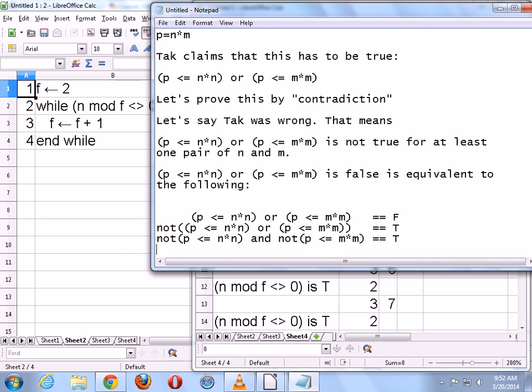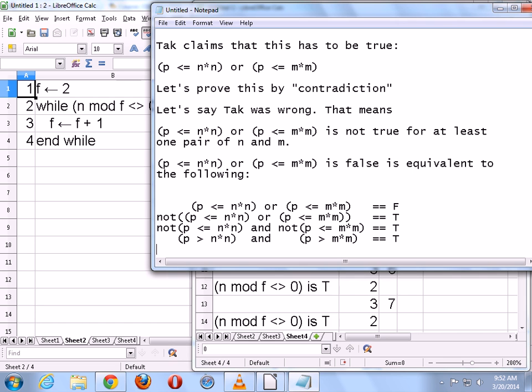All right, so I'm going to rewrite this a little bit here. What is the other way of saying that p is not less than or equal to n times n? How can I get rid of the negation and make it easier to read? p is greater than? p is greater than n times n. Okay, very good. So p is greater than n times n. That just sounds a lot better than the other way around. What about this one? Same thing, right? It is not the case that p is less than or equal to m times m. It's just saying p is greater than m times m. Right?